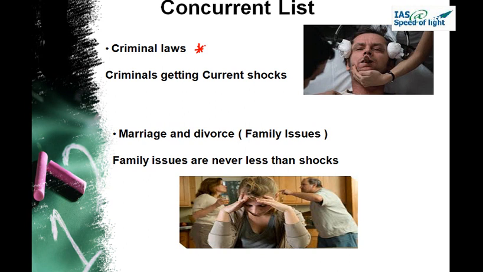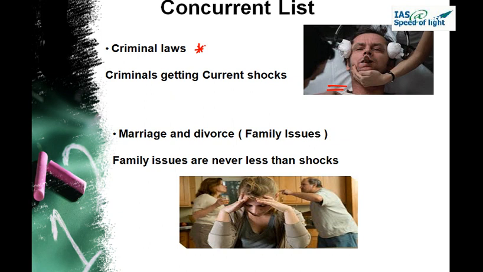Criminal laws: you can see this criminal here, and this criminal is getting electric shocks from the police, because it is a general philosophy that if you give them electric shocks, they come out of their criminal psychology and can be a good person. So criminals are getting electric shocks. So criminal laws, we are relating with the concurrent list, or the current shocks with criminals. Second, marriage and divorce,